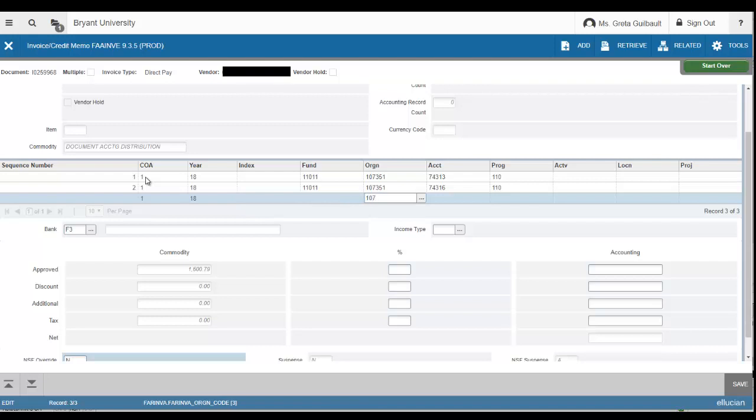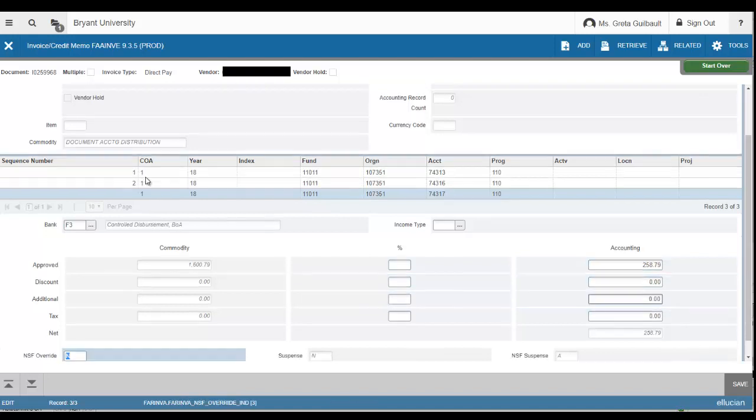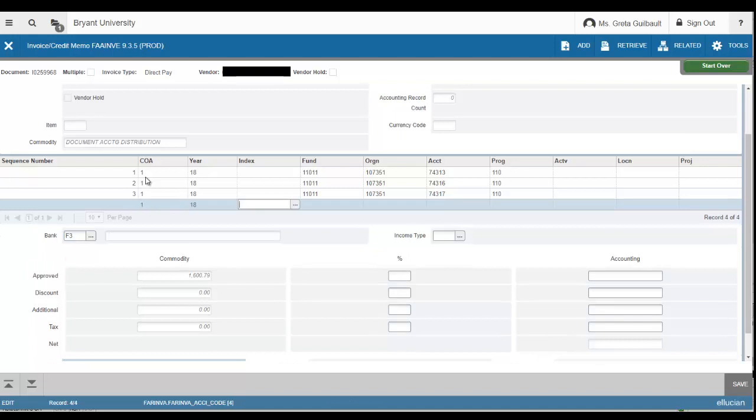Down arrow again to do another line item, and just put in the org and account again. Keep tabbing over until you get to the approved accounting line. Put in the dollar amount for the third line item. And again, just keep tabbing until you get to the bottom, and then it'll go back up to the chart of accounts. Hit the down arrow, tab through that, put the org and account number in,